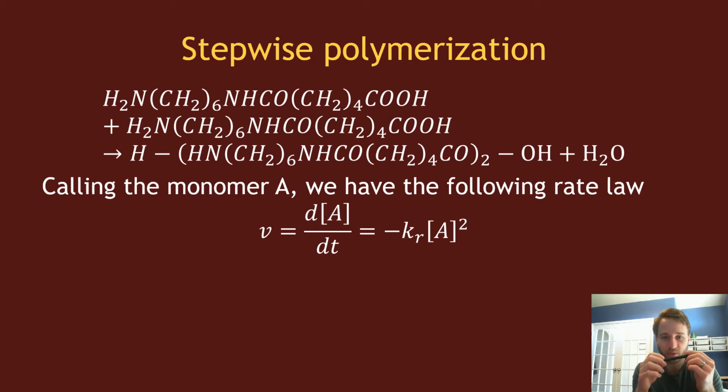For this reaction, we're going to call the monomers just A. The rate law for this reaction is as follows. The rate of the reaction, which is related to the change in concentration of A as a function of time, or the negative of that, is going to be minus Kr A squared, where Kr is some rate constant for this polymerization reaction. And it's a second order reaction,